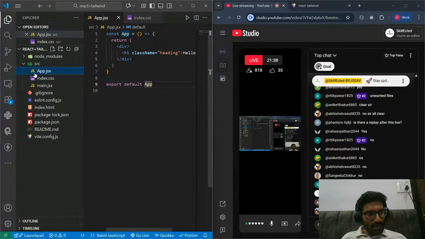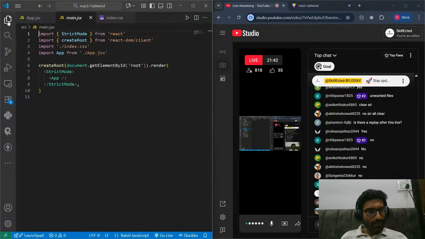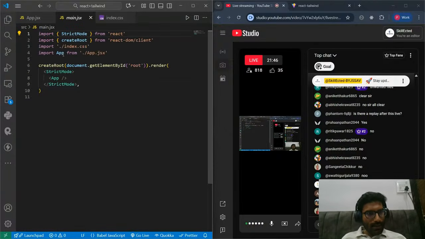Now let us find where that CSS file is. If I go to main.jsx, you can see we have imported that index.css file. Here is where the main problem comes, the problem of inheritance. Normal CSS shows the problem of inheritance in our React apps.